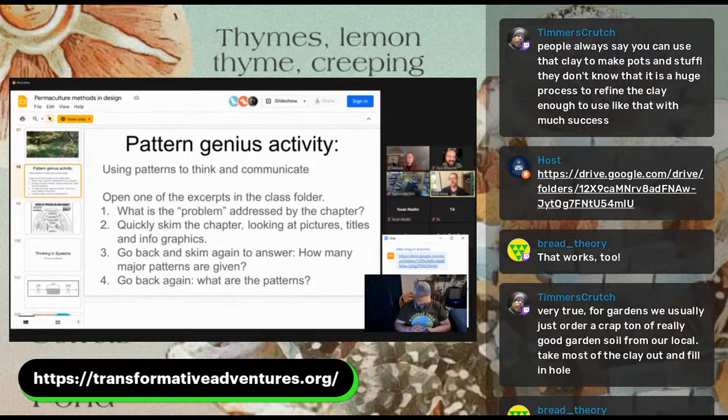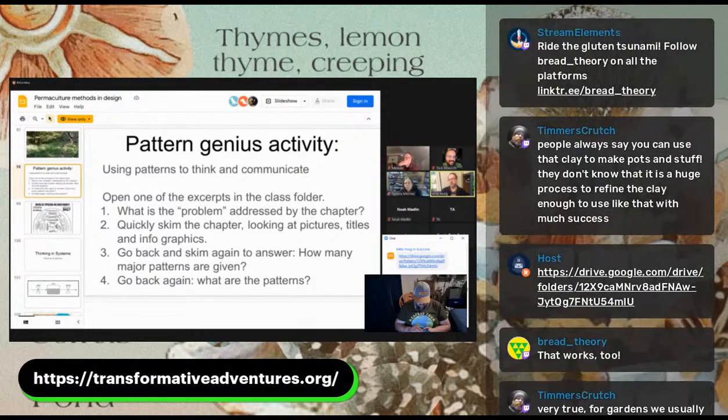Next, I'd like you to quickly skim the chapter, looking at the pictures, titles, and infographics. And what I'm specifically asking you to do is think about patterns. What are the patterns that solve the problem? So first, we're always thinking, what is the problem being addressed? Next, what are the patterns that are being used to solve the problem, or that can be applied to solve